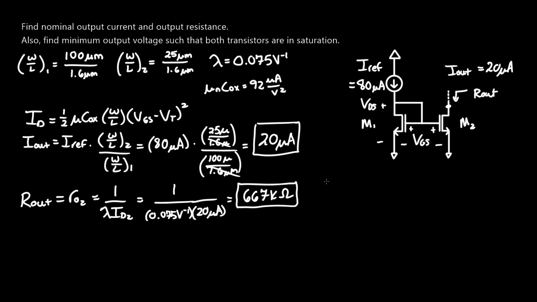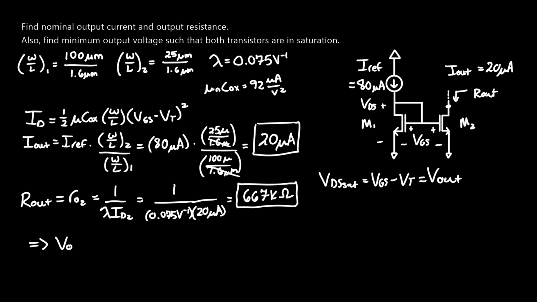So starting with our equation, VDS sat equals VGS minus VT. And this is what we're hoping will equal V out as the minimum voltage. So we're going to solve for VGS, in which we can rearrange the ID equation up here to give you